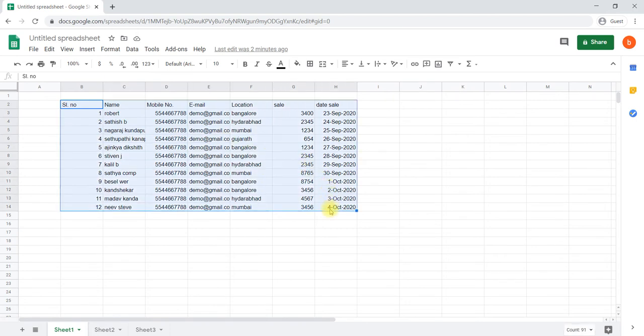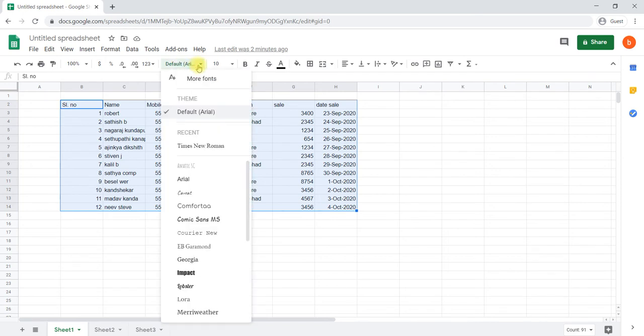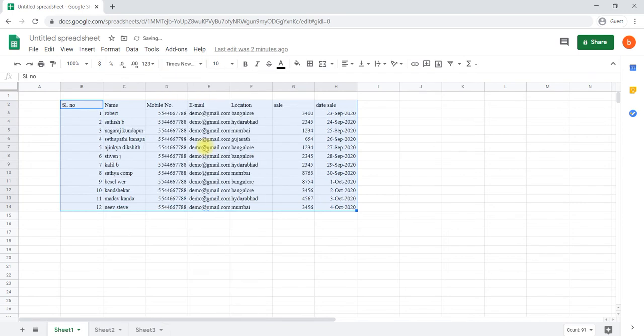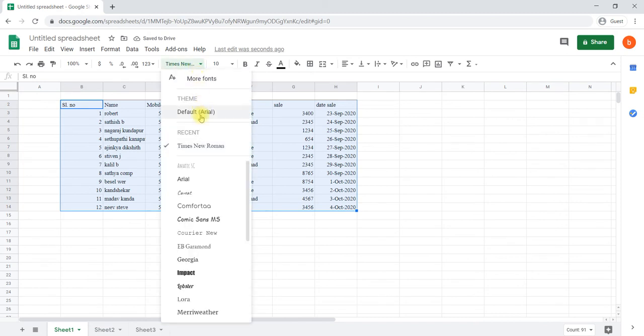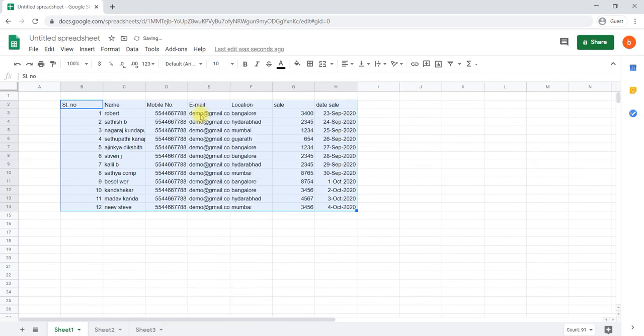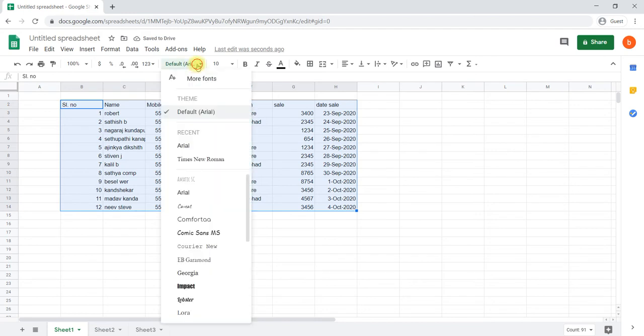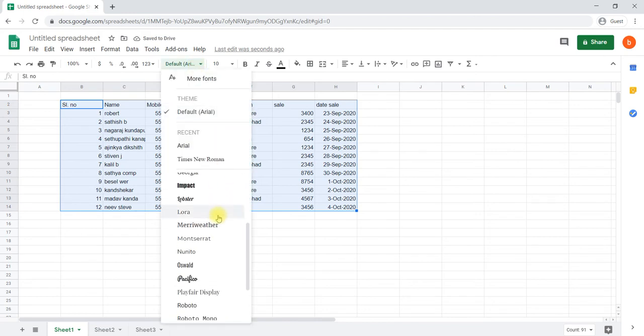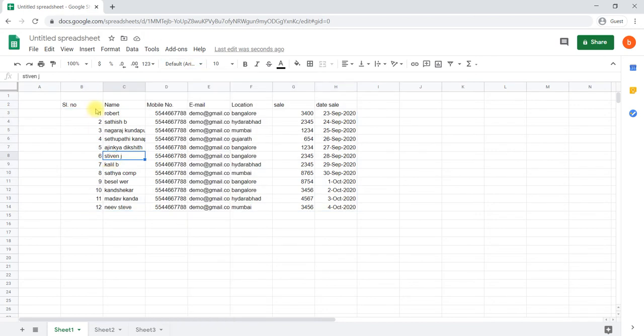Once you select the data, we can go to the font and change it. You can change the font here, or you can keep the default font, Arial, or whichever font you would like. Then again select the data. For example, you would like to change the font size of the headers.